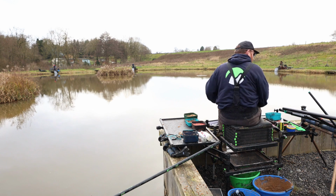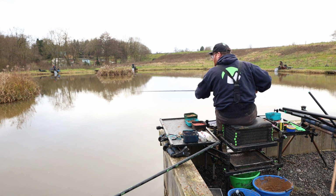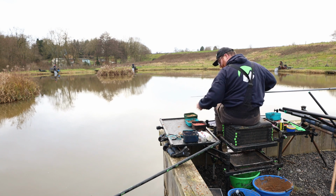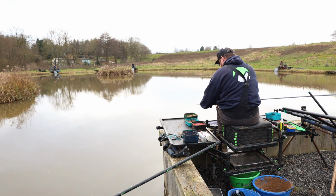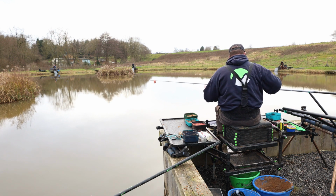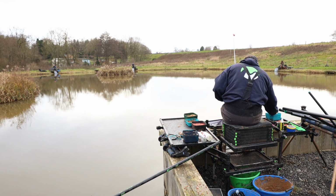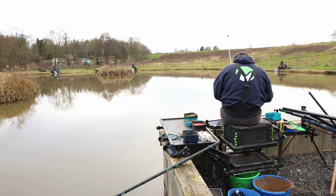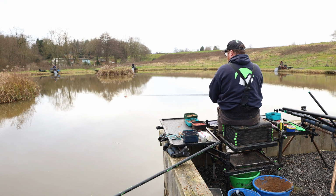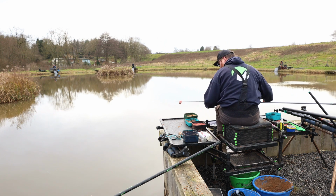So cups in groundbait, like I say, in front, cups in some pellets to my left, which is probably about 5 foot of water, and then I'm going to loose feed maggots against that island. Now I'm hoping that's where I'm going to catch a roach, because I think they're going to be in the shallow water, and I'm hoping I'll catch shallow as well on the pole. If I'm really lucky, if there's loads of fish in here, and I'm sure there is loads of fish in here, then I'll catch,